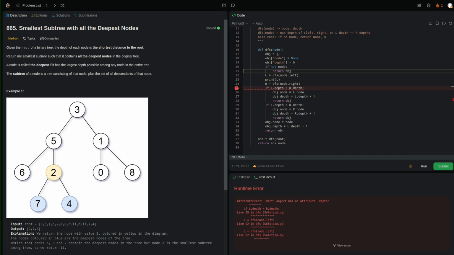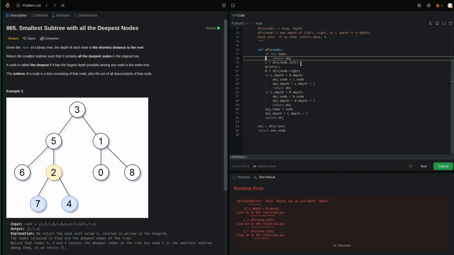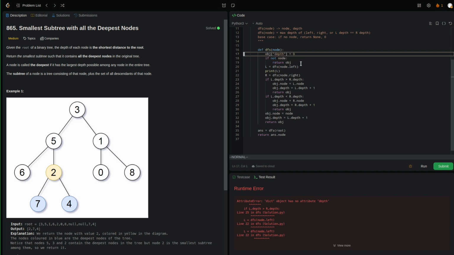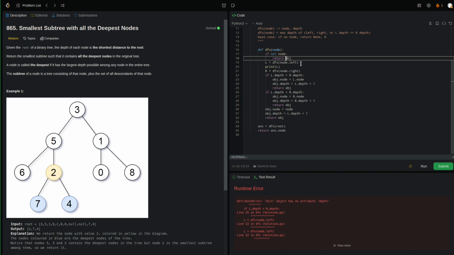Yeah, we have node and we have depth. So it says that dictionary is not having depth. One thing I can do to fix this real quick is to just not use a dictionary, but I think we can return this just as a tuple and then take the index, which is how I've solved this in the past, I believe. So we can return